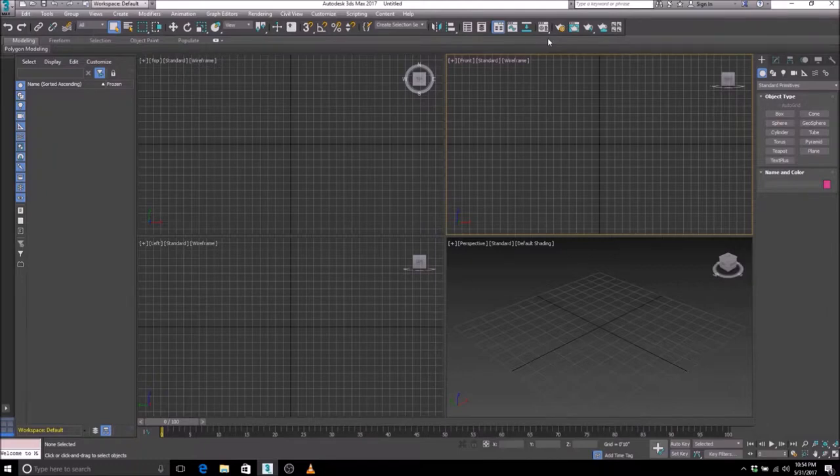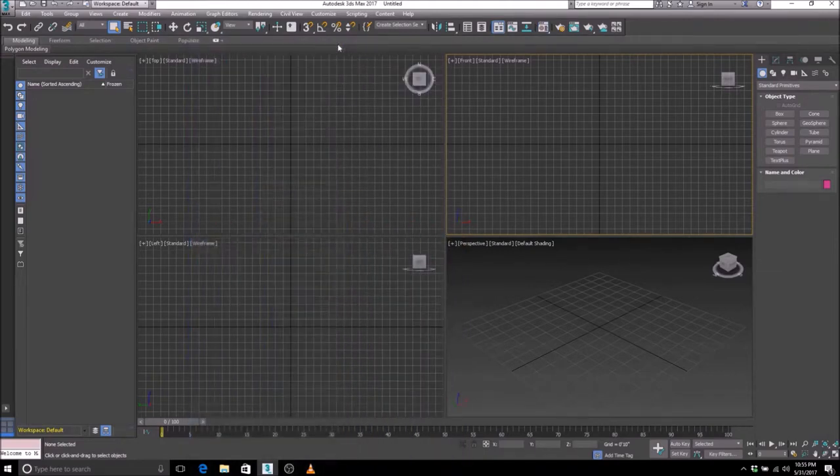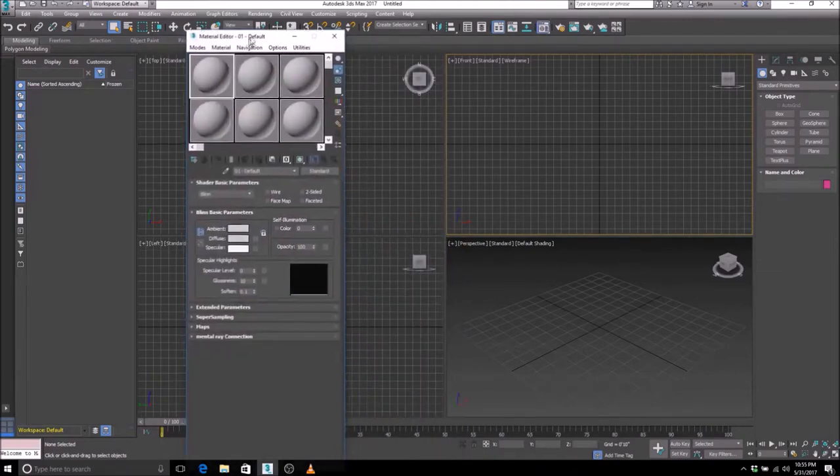But all in all, let's go back to this little tutorial, which is very useful. This is pretty much an issue that a lot of beginners have when it comes to setting up and picking materials. So I'm gonna bring up the material editor. I'm just gonna hit the M key, M as in Mary, or I can hit this little button right here, which will bring it up as well. So if I hit M, material. This is the default